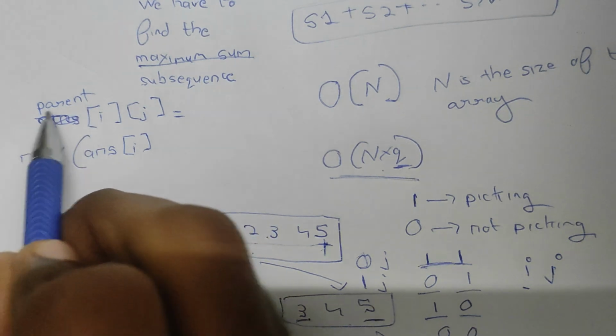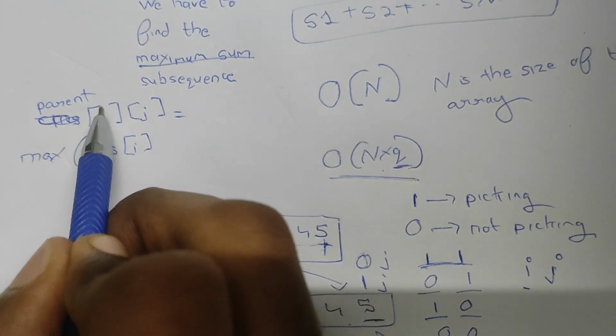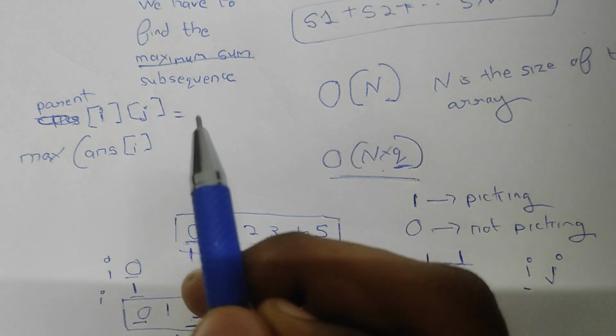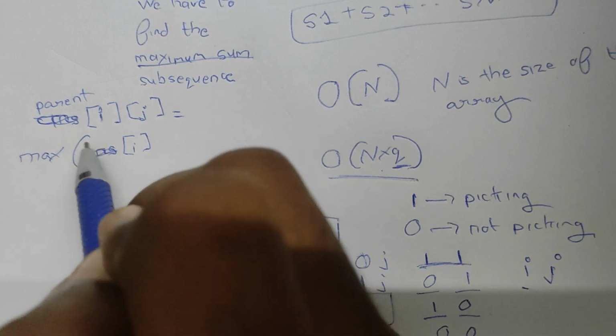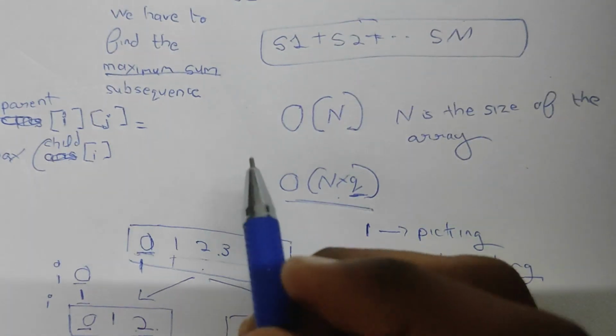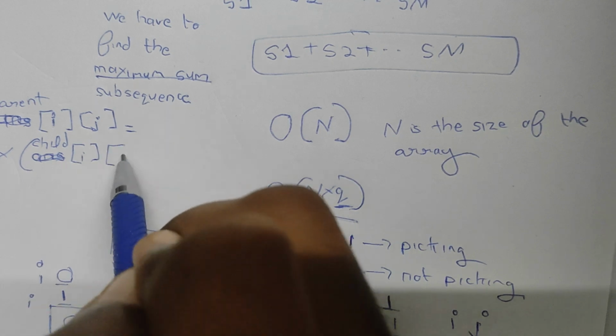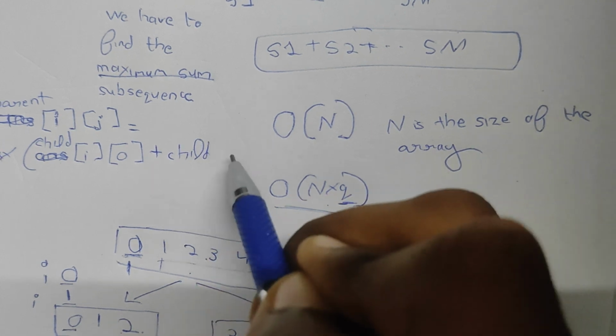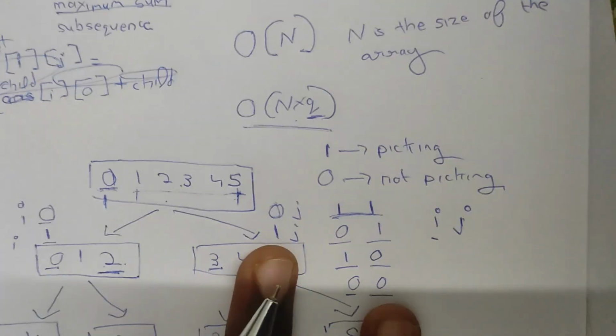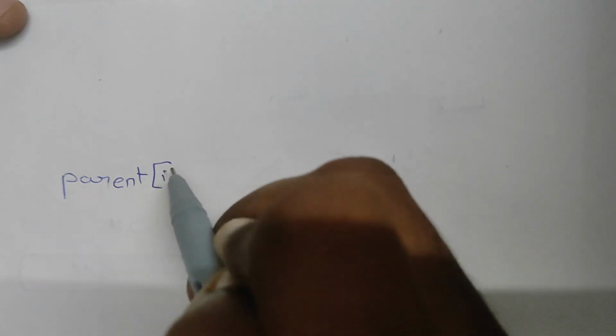The answer for the parent for its particular choice of I and j. So the parent chose a particular I and j, right? So the answer for the parent's choice of I and j will be equal to child I0 plus child. Okay, sorry. Oh, wait. I will write this again. Is it visible? Write with another pen. Parent I j will be equal to